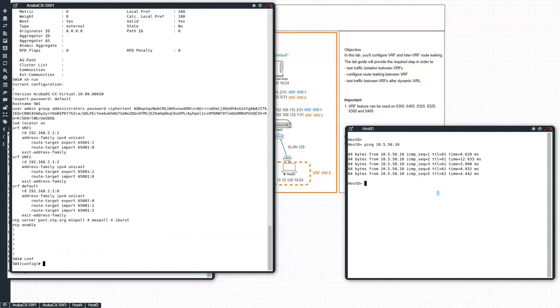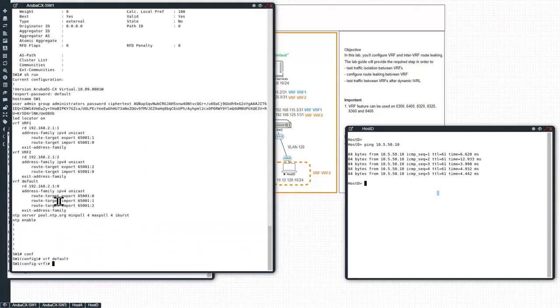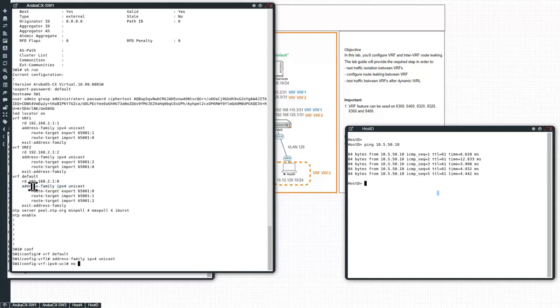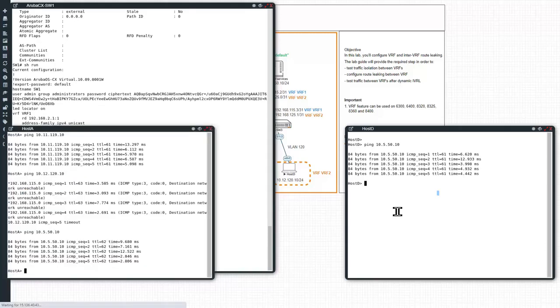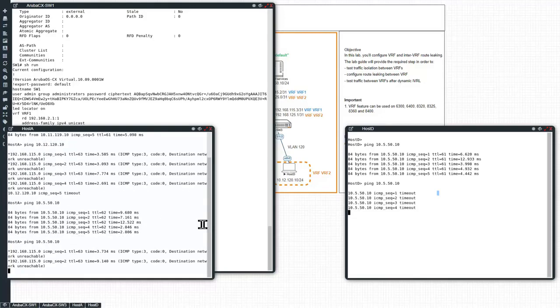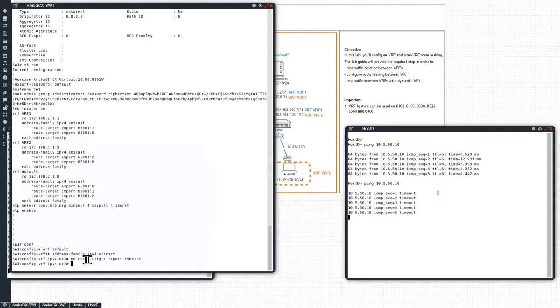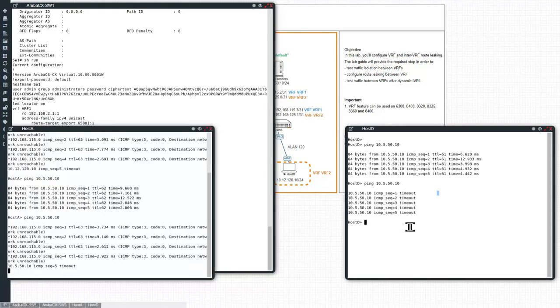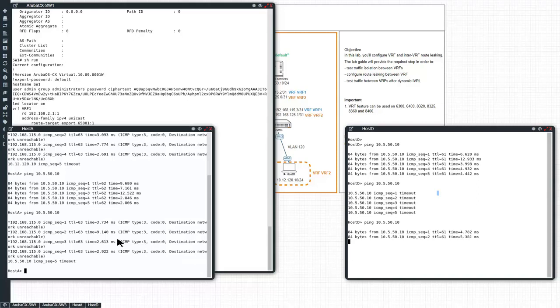Let's imagine that I'm not going to configure this. Let's check what it means. Immediately, I can no longer ping the server from VRF2, and similarly from VRF1. Let's put it back. Now I can ping again.